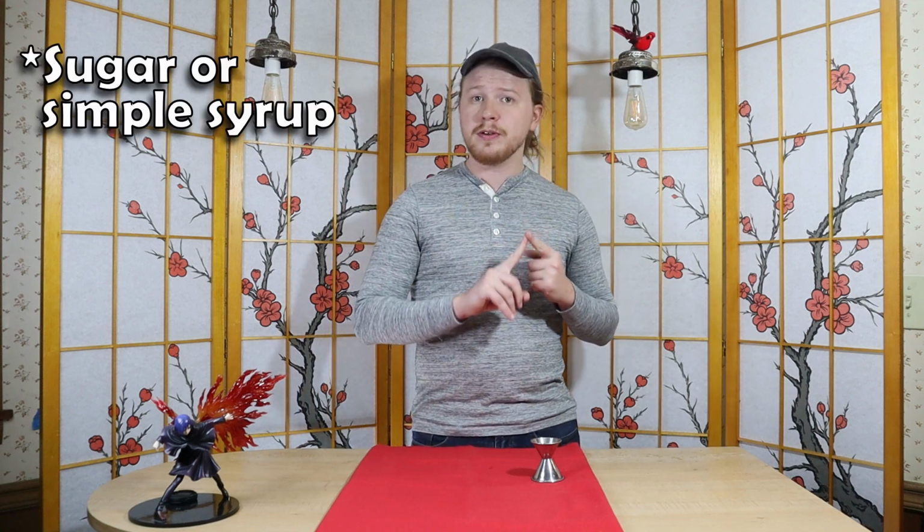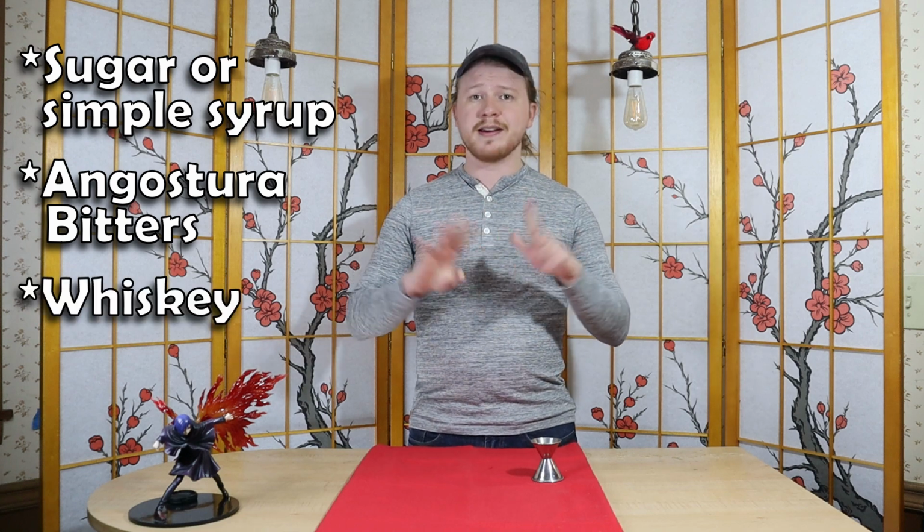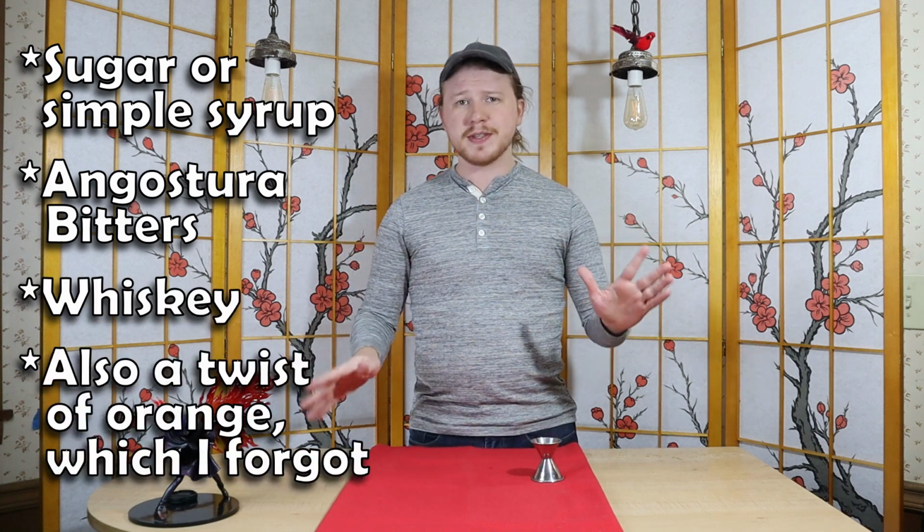There's only 3 components in a traditional old-fashioned, and that's gonna be either a cube of sugar or some simple syrup, Angostura bitters, and whiskey. There's some debate as to which type is best. Most of the time it's going to be bourbon, but really, it doesn't matter, whiskey. Now, for the whiskey, given that this is a Tokyo Ghoul, I have opted to use a Japanese whiskey. This is Tenjaku. It is smooth, it is delicious, and it's